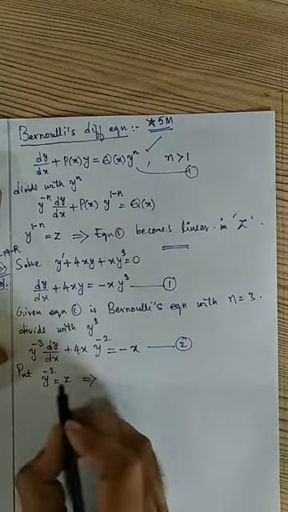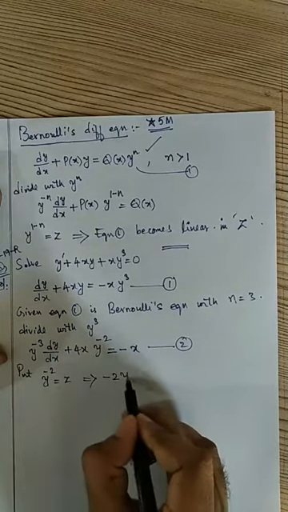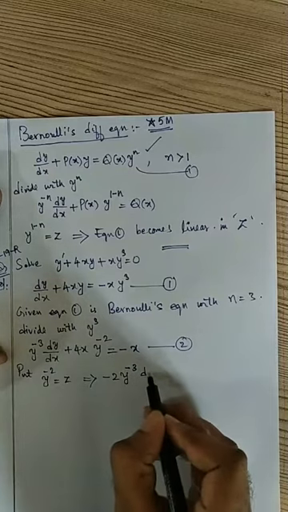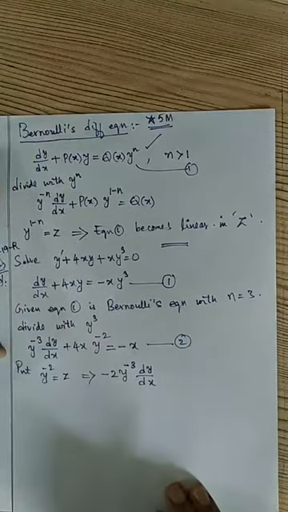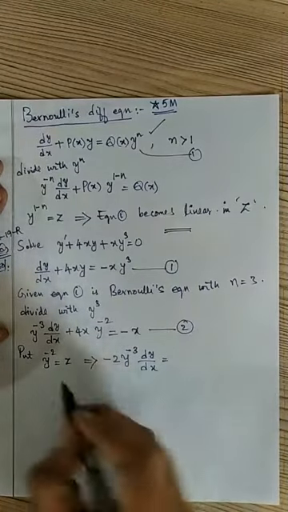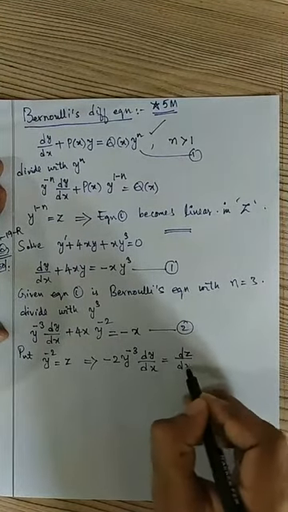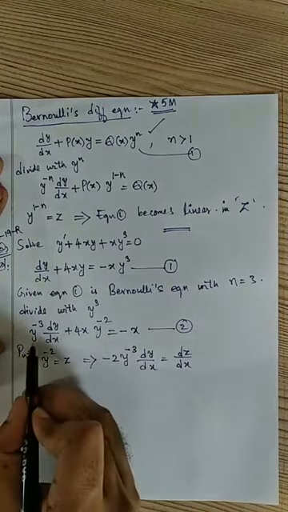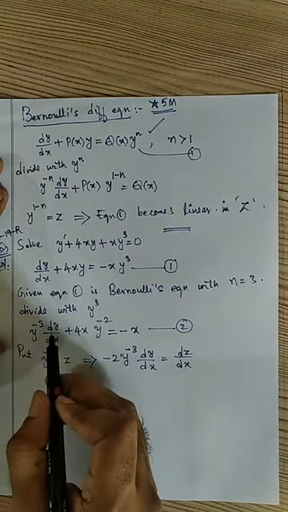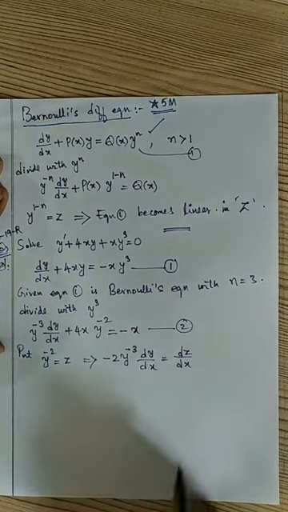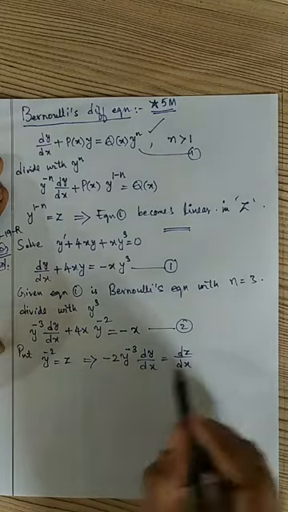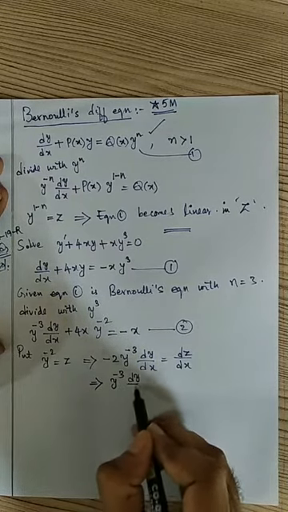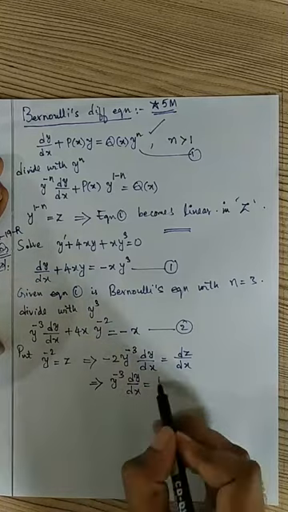Then this implies, differentiate this, what will happen? Minus 2 into y power minus 2 minus 1. Minus 2 minus 1 is nothing but minus 3. Again derivative of y is dy by dx, which is equal to derivative of z, dz by dx, right? But in the equation 2 you observe, y power minus 3 dy by dx is there. So I need only y power minus 3 dy by dx. So what can I write here? This implies y power minus 3 dy by dx equals to, this minus 2 I am taking in the denominator.